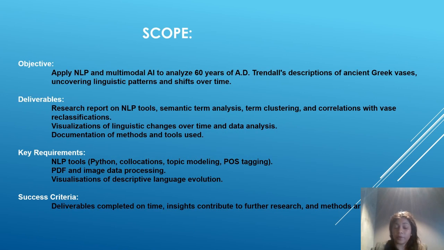In terms of the scope of the project, this was well defined at the start of our project with the help of our stakeholders, which you'll see shortly. So the main objective in terms of this project scope that we need to deliver by December is to apply natural language processing as well as multimodal artificial intelligence to analyze these Greek vase images, where we were provided with a few scanned images, and the main task is to uncover these patterns and shifts over time, which is basically going to be a huge contribution to the field of archaeology.